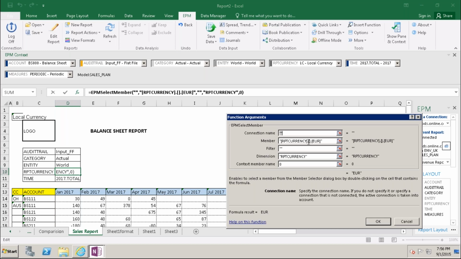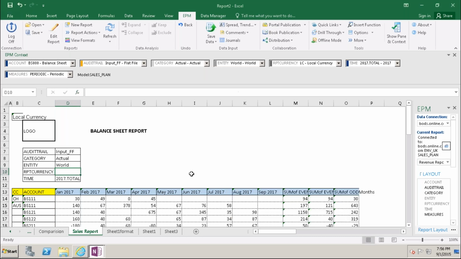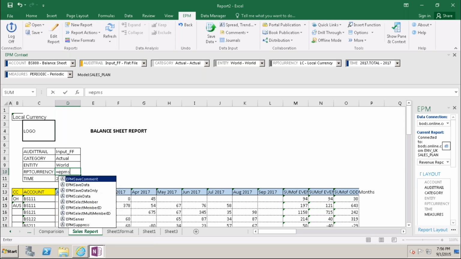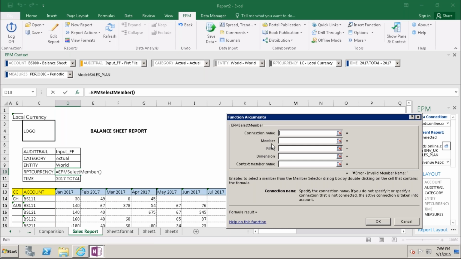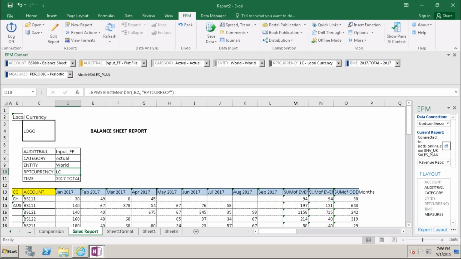From where it is taking, euro, cancel, is equal to, or is equal to EPM select member here, this one, and dimension is RPT currency, okay, refresh.